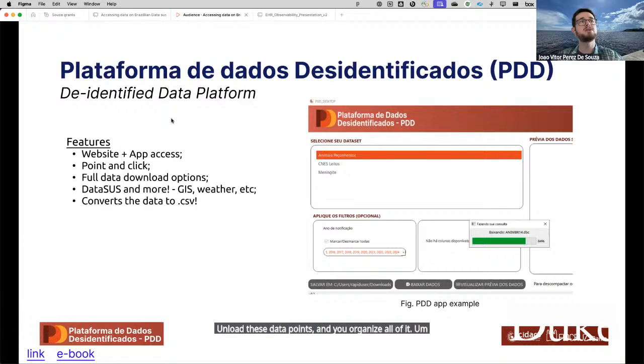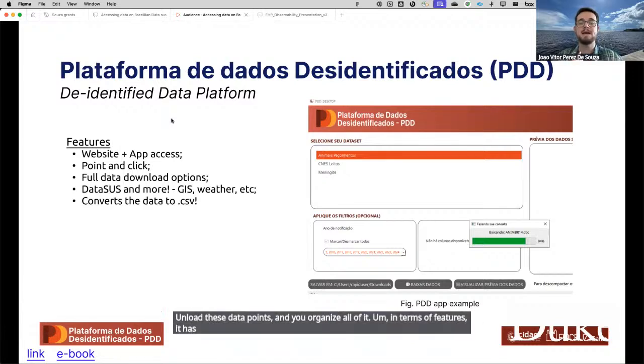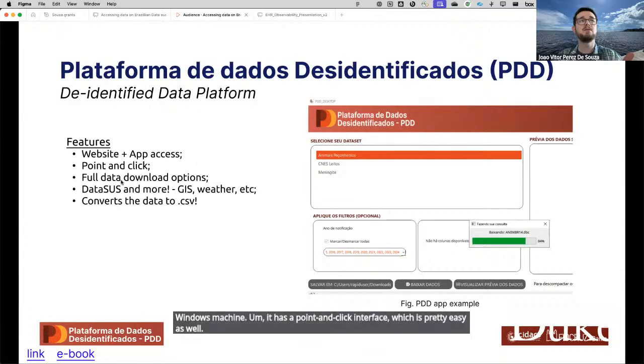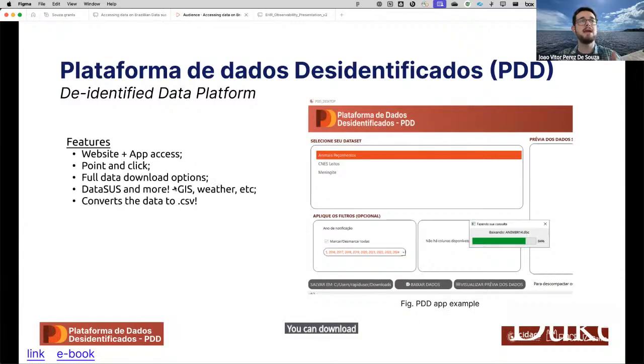In terms of features, it has a website and an app access, so you can download the actual app on your Windows machine. It has a point and click interface, so it's pretty easy as well. You can download the full data options, and it provides you DataSUS and more.